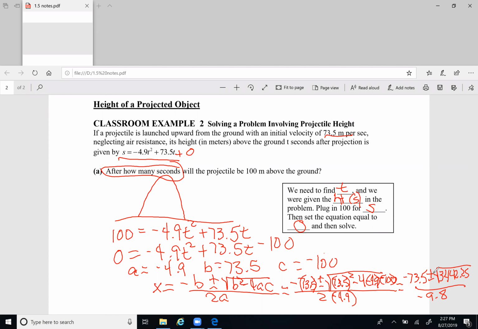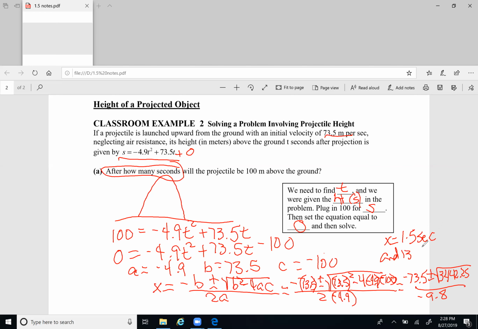Now, what happens is I go to my calculator and I figure out the square root of 3,442.25. It is not going to give me a whole number value, but I do get two possible values for x. I have to work it one time using negative 73.5 plus the square root of this, take that number and divide it by negative 9.8, and I work it a second time where I do negative 73.5 minus the square root of this and divide that by negative 9.8, and that gives me 1.5 seconds, rounded to the nearest tenth,